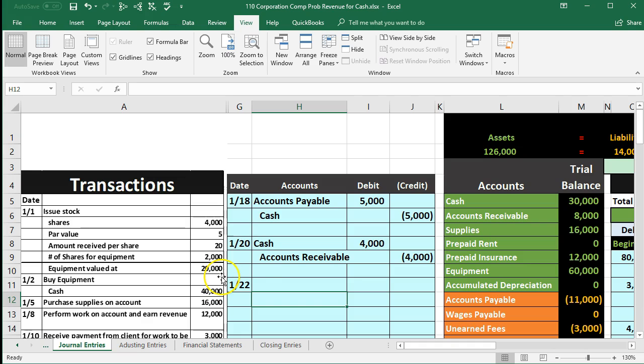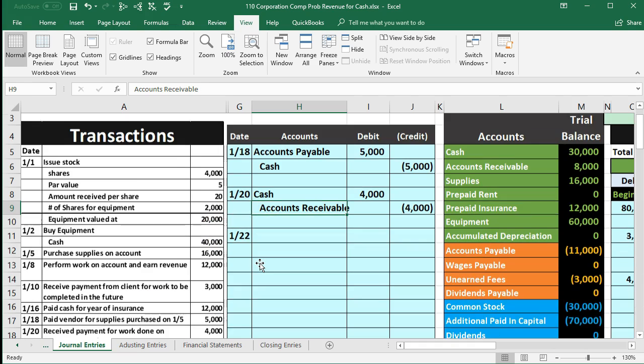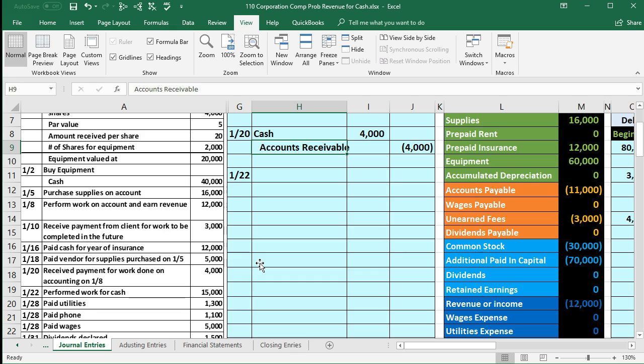In this presentation, we will continue on with our comprehensive problem to the transaction happening on January 22nd, where we